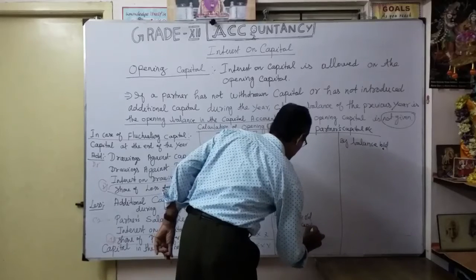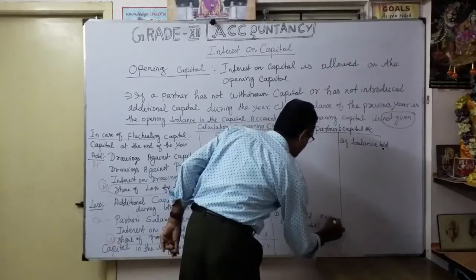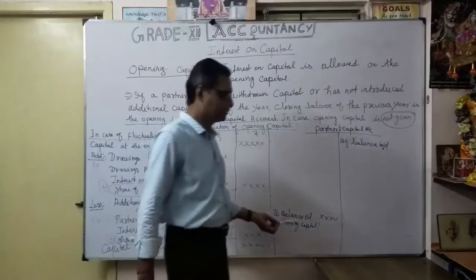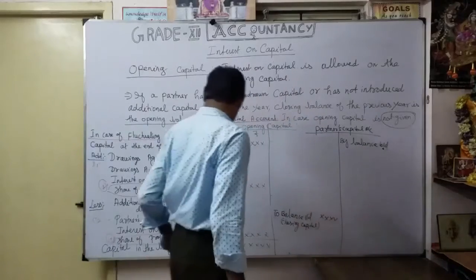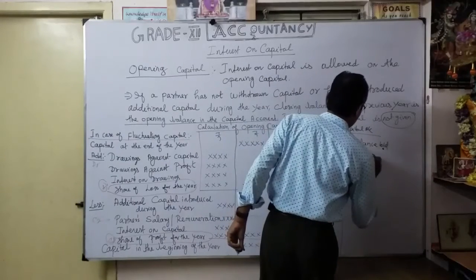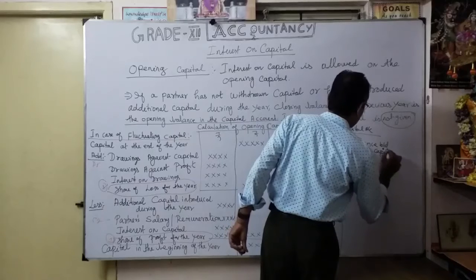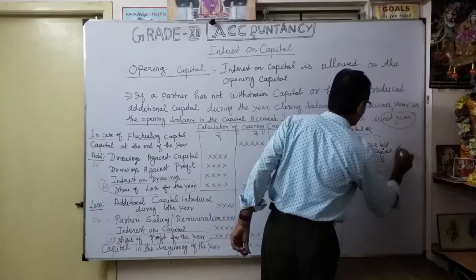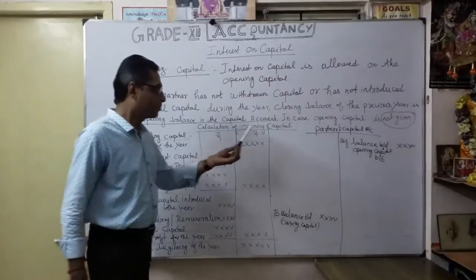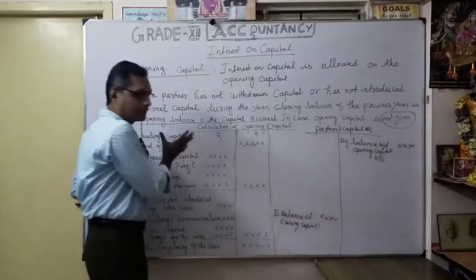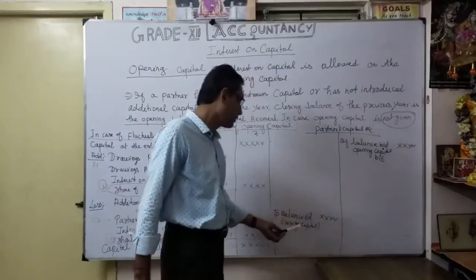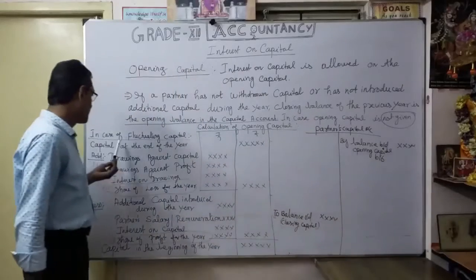Understood? Here you can write like this. This one, capital at the end of the year, I am going to write here. I am going to find out this one, the opening capital. This is the balancing figure. I am going to arrive at it; right now I don't know. So I am starting in the partner's capital account, the same manner as the vertical format, in a ledger format. As already, balance brought down and carried down, because the closing capital, this one I have written here.